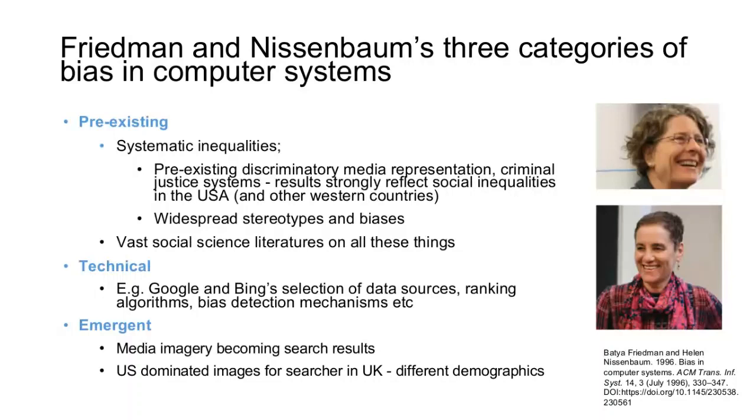And also I think there's this issue that I mentioned earlier of another emergent bias we see coming through quite strongly, which is US dominated images for a searcher in the UK. In the UK we have quite different demographics to the USA. So when we're thinking about issues of socio-cultural bias and so on, we might be thinking about it in a slightly different way. We might correct in a slightly different way or want to see different things in our search